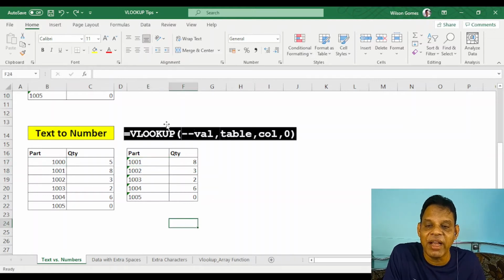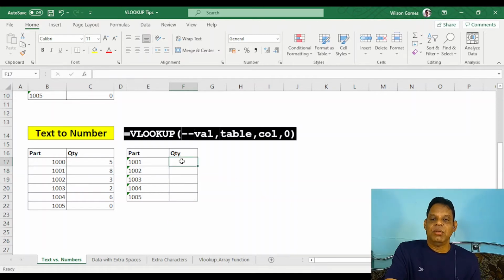In that case, I will use this syntax. VLOOKUP open bracket, 2 hyphens, then value, this is 1001 here, then table, this one table, which column I am looking for, quantity is in the second column, then I want exact value, I'll have to put 0.